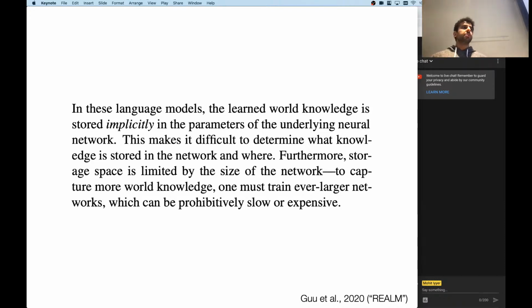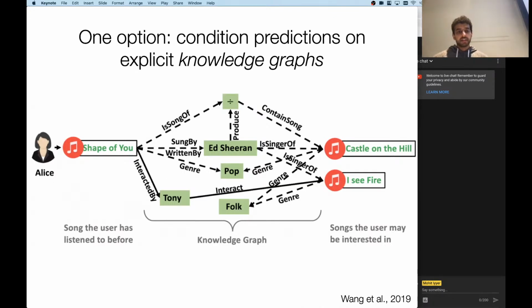So, of course, just brute force scaling up these models to bigger and bigger parameter sizes is not particularly interesting or accessible to like 99.9% of researchers or even industry practitioners. So today we're going to talk about an alternative where the model is not forced to store all of this knowledge within its parameters, but it can actually query a database or some sort of external knowledge store for useful information that can help it make these predictions. So